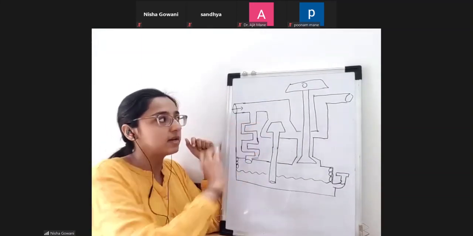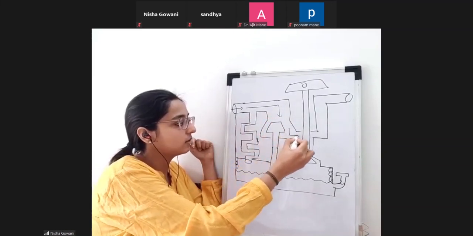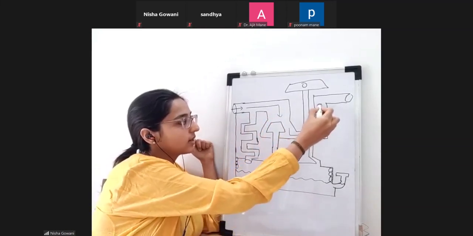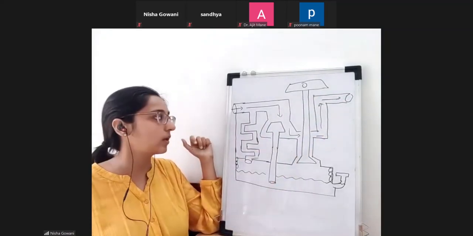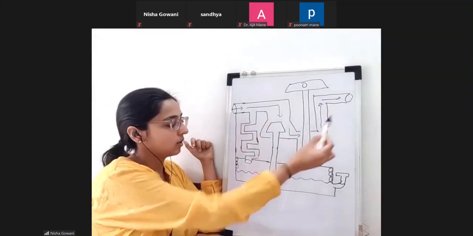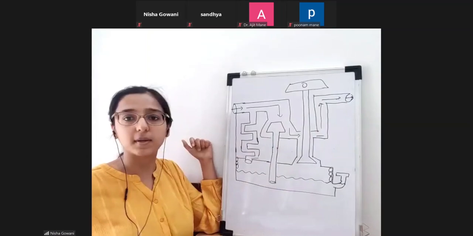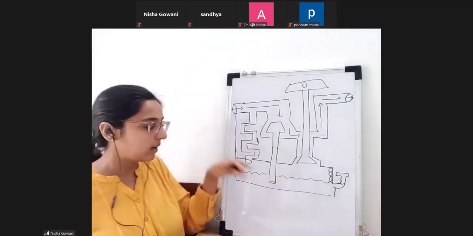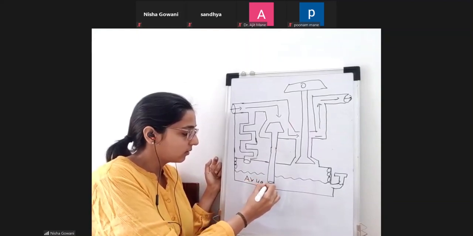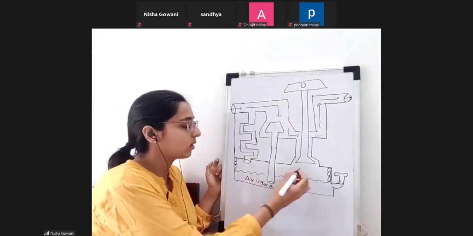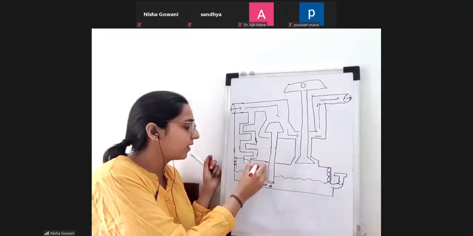So what will happen if this is 0? All the gas will come from here. This is the route that the gas goes by, the fresh gas route. It will go out directly, and this is the outlet of the vaporizer. Because it is at 0, and this is the anesthetic liquid over here, I'll just label this. This is the anesthetic liquid. Here you have the vapors, so I'll denote it with red.